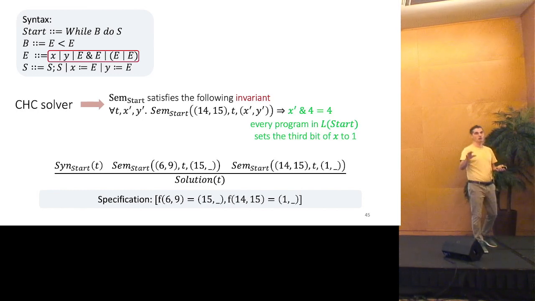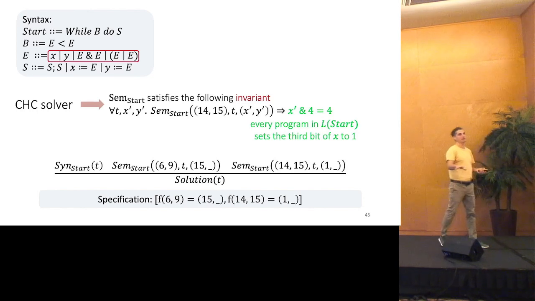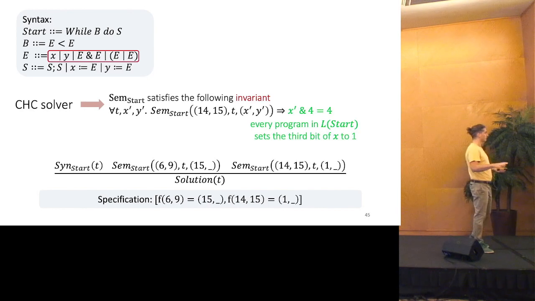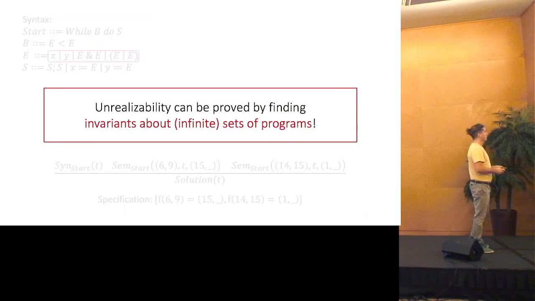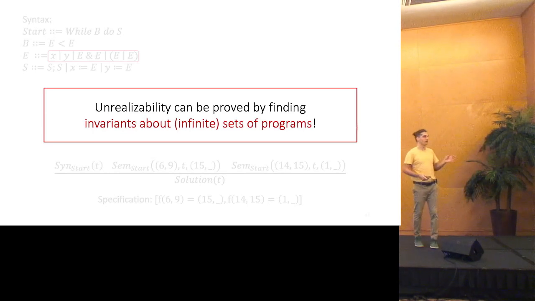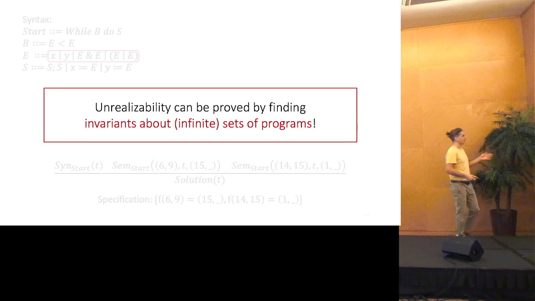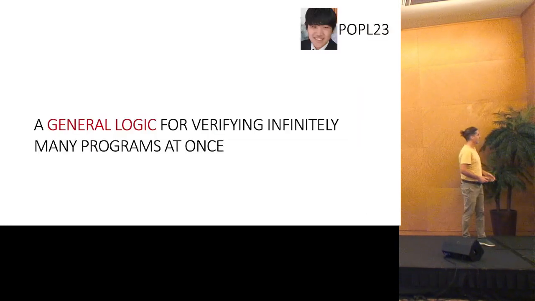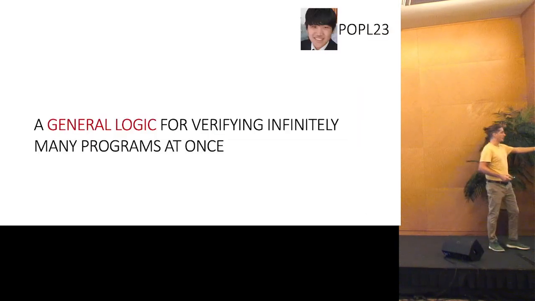But how do we build such invariants? We don't have abstract domains for talking about sets of programs, or the ones we have are not quite there yet. And so really, this was the problem. Unrealizability, and in general these verification problems, to solve them fully, you need to build invariants about infinite sets of programs. And Jim would then write this paper, which I think